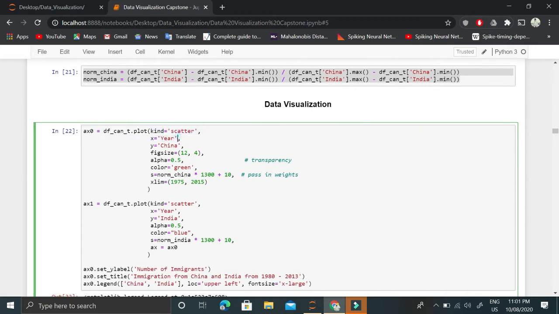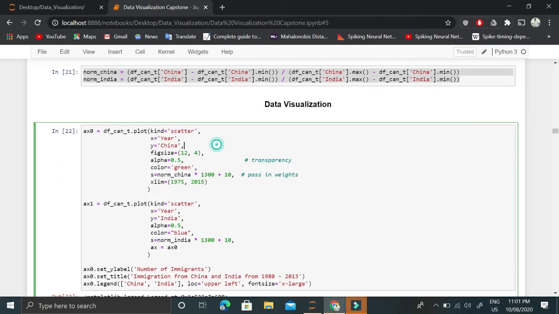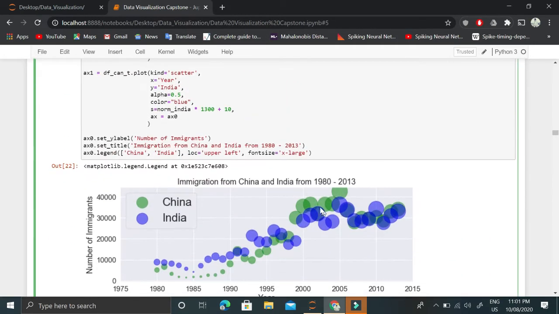So we basically want a scatter plot, and a bubble plot is a scatter plot but with added information of the size of each scatter point. The greater the value of y, the greater will be the size of each scatter point. So such a scatter plot becomes a bubble plot. Okay, so how do we add this size information?